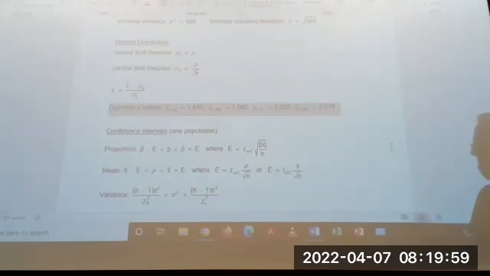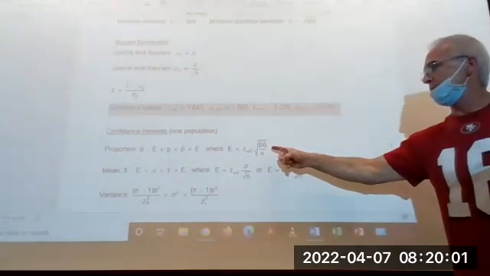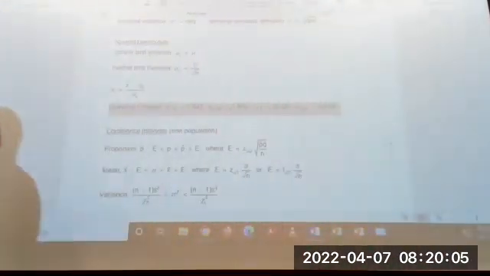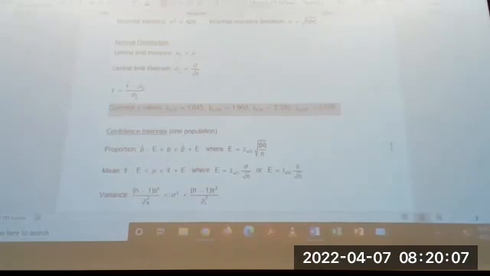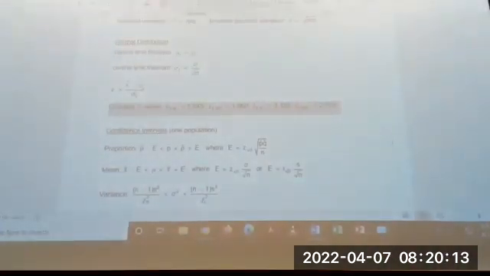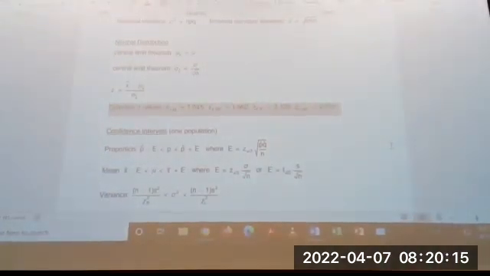How do you calculate the cushion? This is the cushion right here. Now it's kind of hard to see, that's small. So I'm going to leave that up for a moment. Alpha is equal to what we call the tail probability. Alpha is a Greek letter, like mu and sigma and all those guys. We love Greek letters in stats.